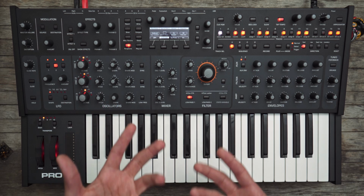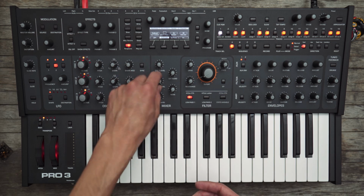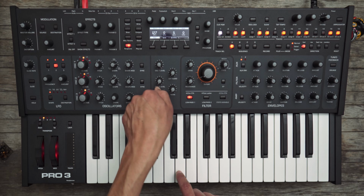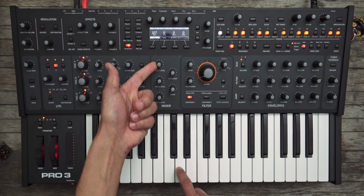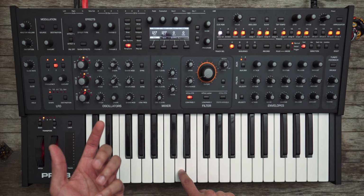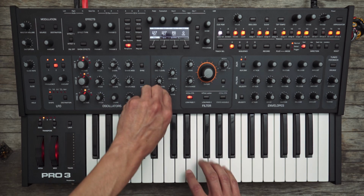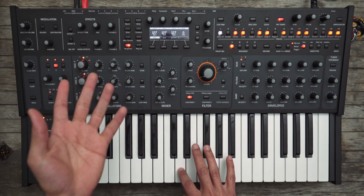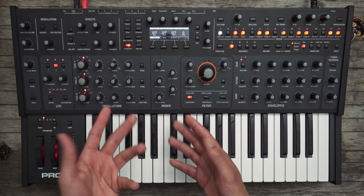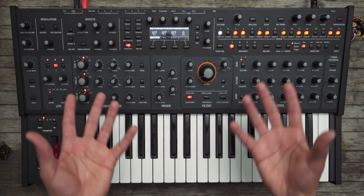right? You're basically opening up the amplitude for the oscillator level. So if the oscillator is down, like these are now, you're only going to hear the first one because that's the only one that has the volume up. But if I turn up oscillator 2, 1, 2, 3, 1, 2, 3, right? Turn up 3, 1, 2, 3, 1, 2, 3. So that's how you use these, but that can be used to your advantage because I love the way voice